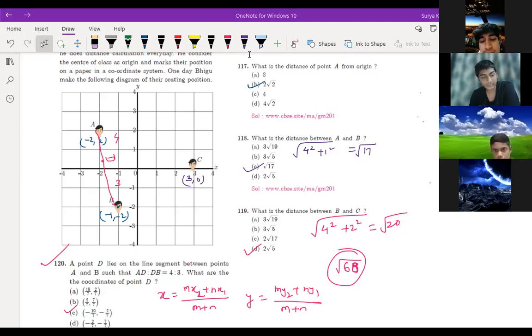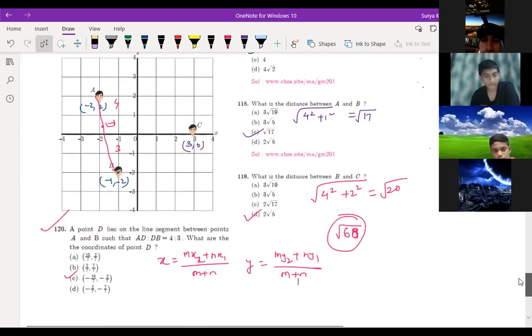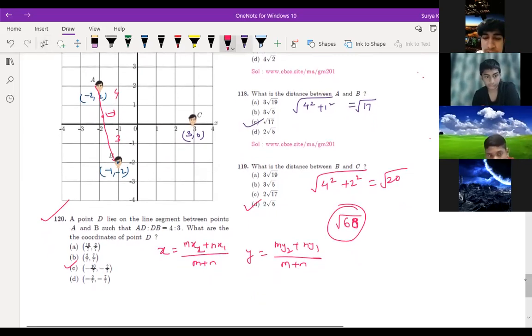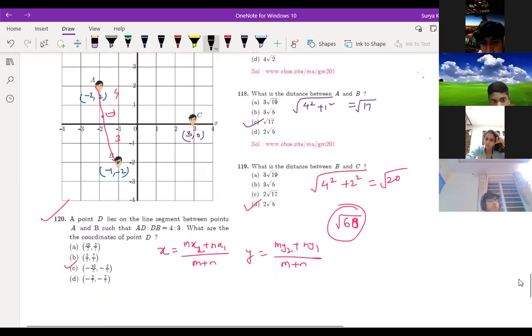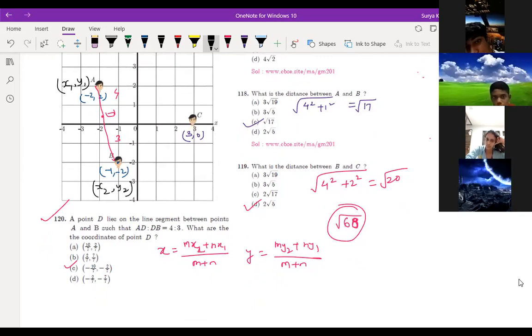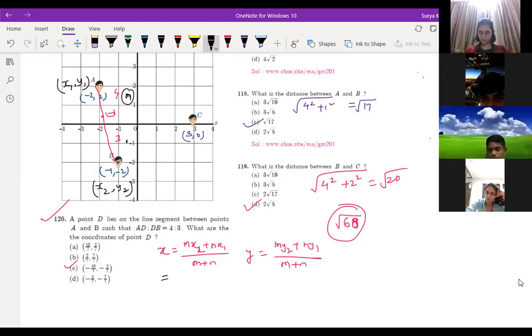Sir, isn't the option A? Option A, 10 by 7, 2 by 7, Praharshan. Yes. Solve this. Okay, and I'll solve here. Just see, Praharshan. Here x1 and y1 I'm writing. You relate later the same thing. X1, y1 is minus 2 comma 2, and this is x2 comma y2. You have done it this way only, Praharshan. Yes. So mx2 is nothing but your m is 4, and this is n. You have done the same thing or different? Sir, I switched it. Acha, you switched. Then how will it come?